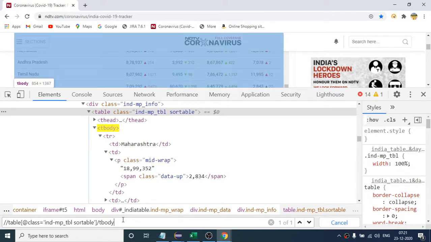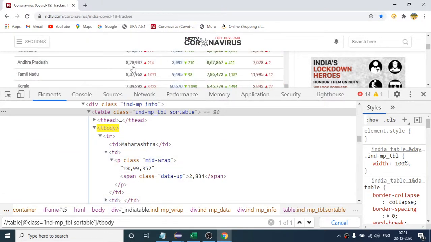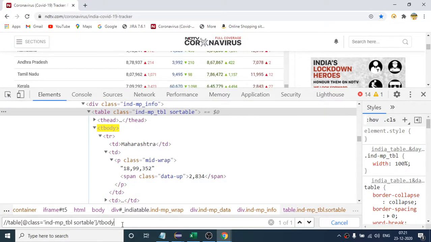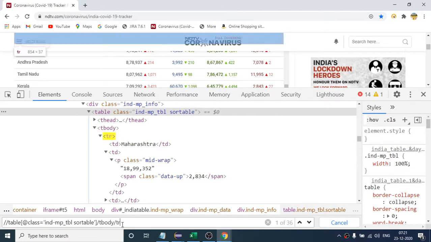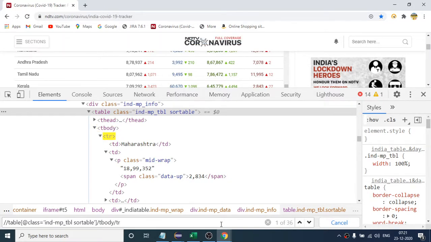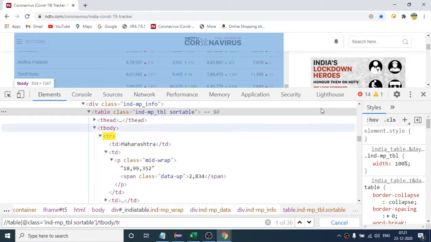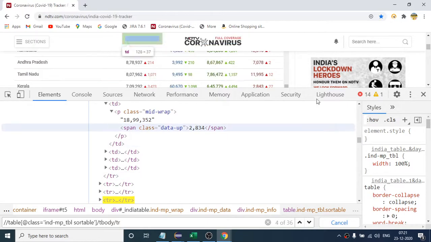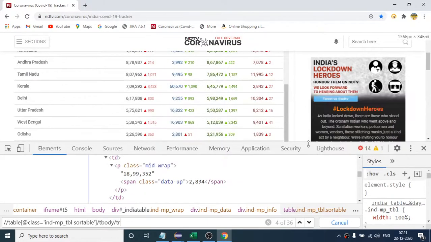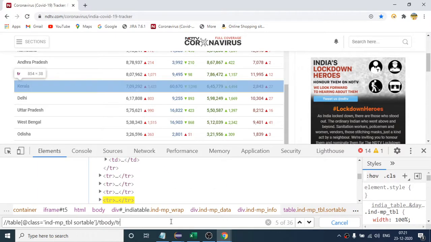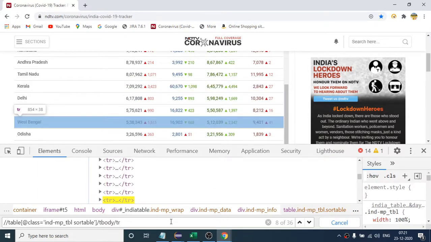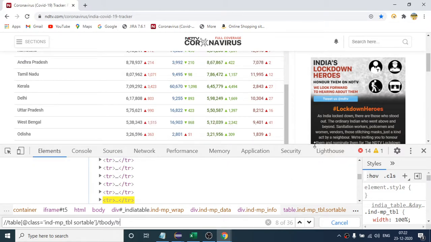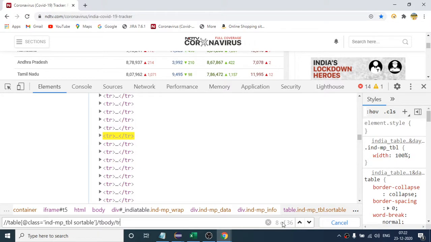Once I am in the tbody, actually I want to select all the numbers, so I have to write the XPath in such a way that it should select all the numbers. And if I say tbody/tr, as of now you can see it is highlighting all the rows one by one. Total there are 36 rows, and if I keep on hitting enter, it is going to select all the rows, but I have to reach this first number. So as of now I am on the row, and it is giving me all the total 36 rows.